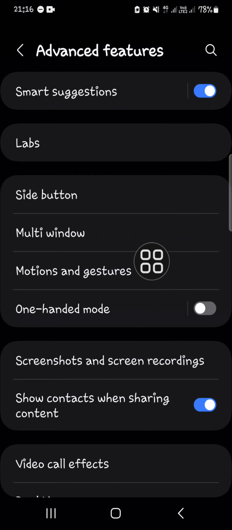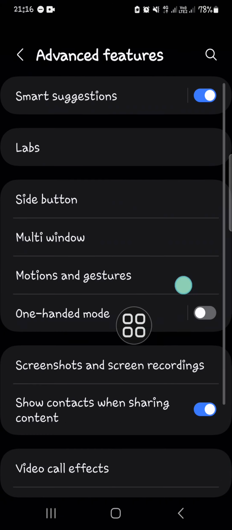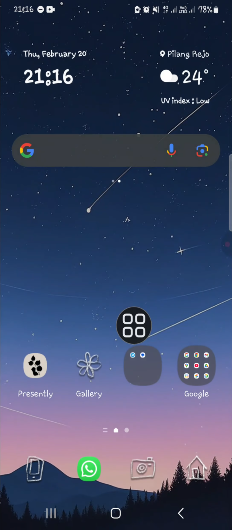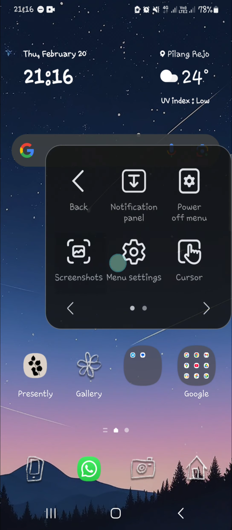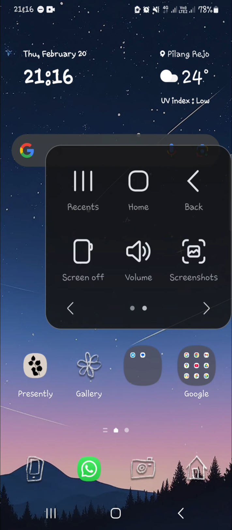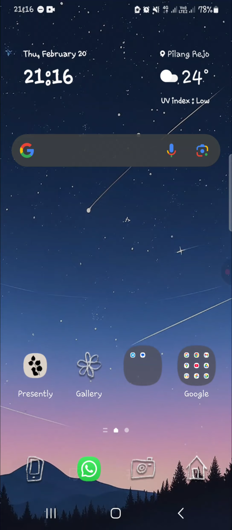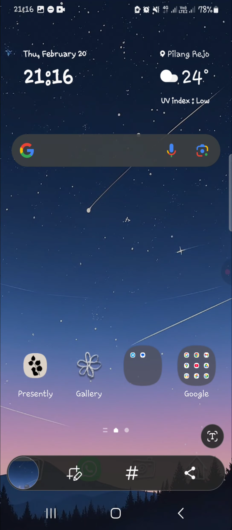Okay, and the third tip I'm going to show you is about the assistant menu. This is how the assistant menu looks like. If you have activated this menu, you will be able to get quick access to some features. For example, you can use this assistant menu to take screenshot like this, and you can control your volume using